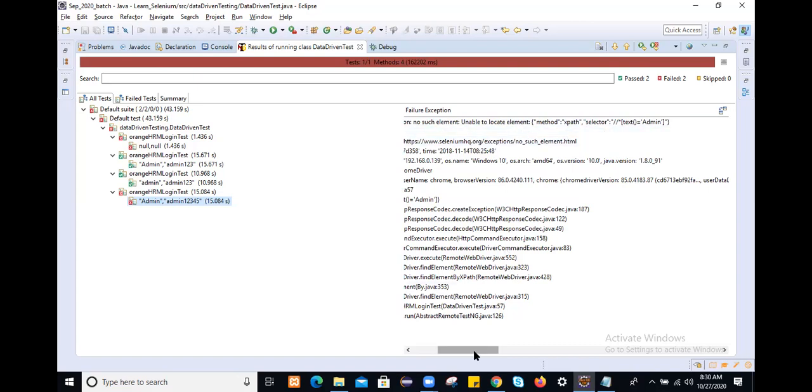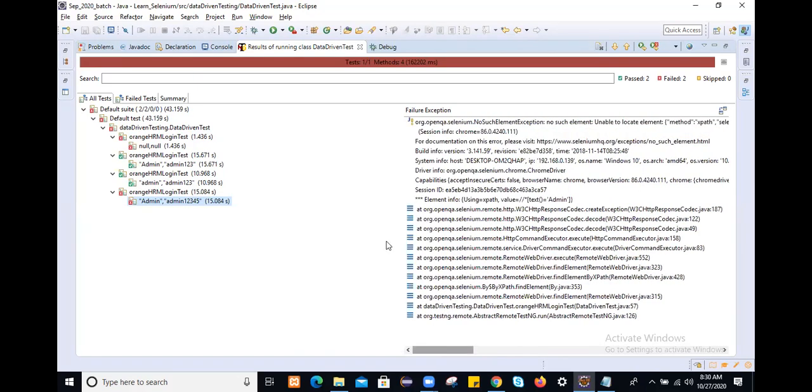If we couldn't find it, it has to return that the web element is not displayed. If that web element is not displayed, it gives a no such element exception on that page. So we should go for another web element, like the title or logo. If that title or logo is displayed, it will return true. If that logo is not displayed, it will return false.